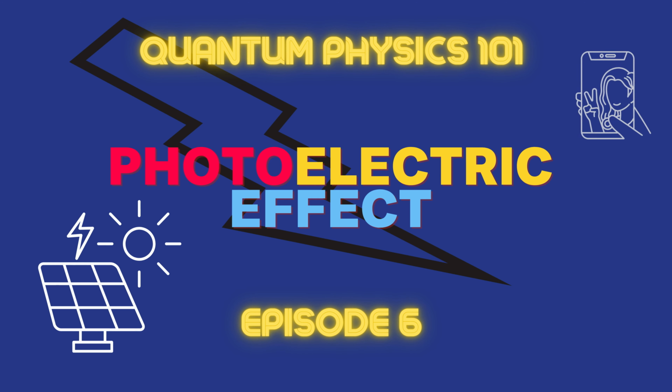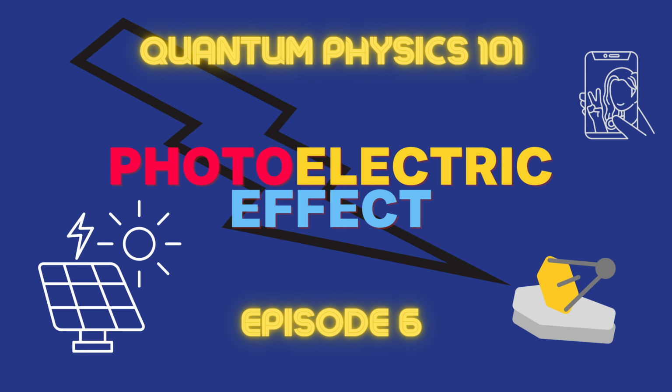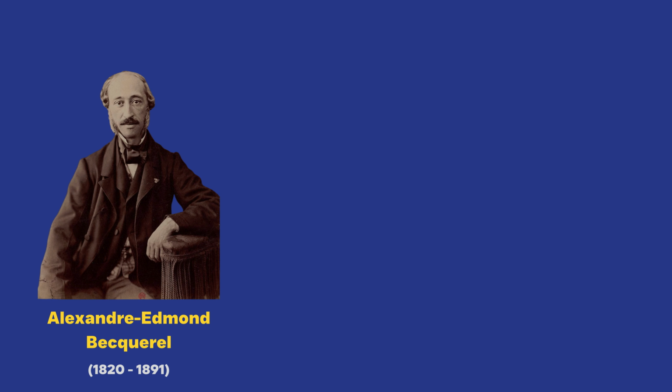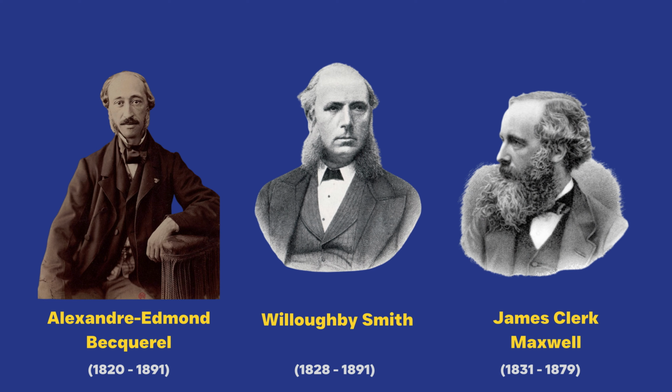Solar cells, your selfie camera, and the James Webb Telescope all have something in common. Today, we will take a look at one of the biggest breakthroughs in physics from the last century, the photoelectric effect. During the 1800s, some physicists, such as Becquerel, Willoughby Smith, and James Clerk Maxwell, began to describe the relationship